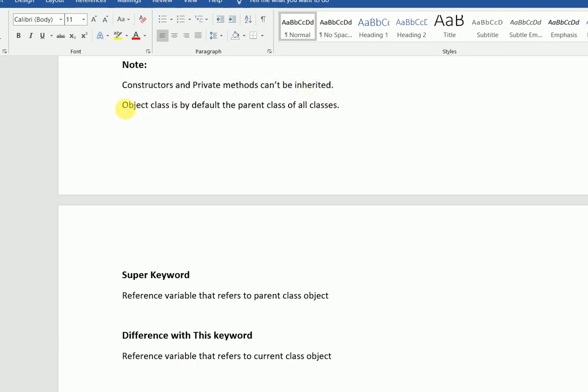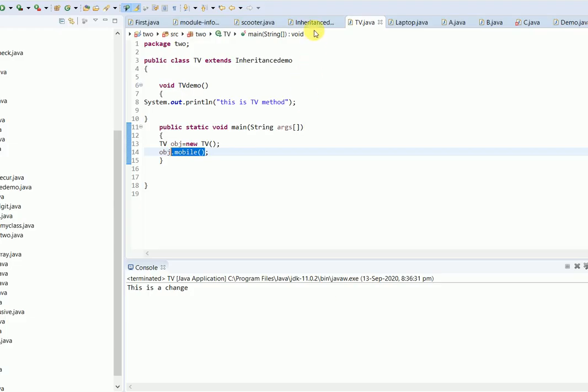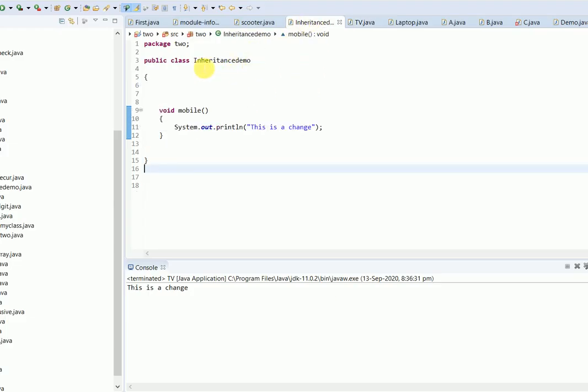And the second point is that the Object class is by default the parent class of all the classes. For example, in InheritanceDemo, you will say that it is not inheriting any class, but that is wrong. All the parent classes are also inheriting one class, and that is the Object class. They are inheriting it by default. The compiler implements that, and therefore we need not do anything manually. Like this, InheritanceDemo is inheriting the Object class, but visually we cannot see that. The compiler has already implemented that by default.